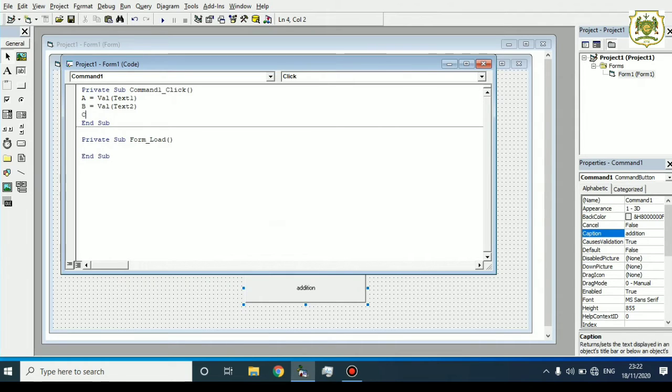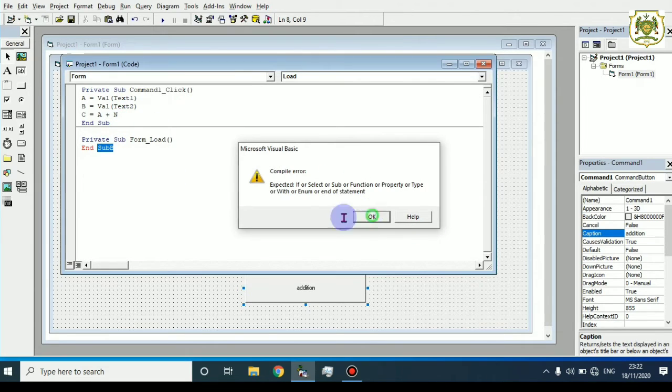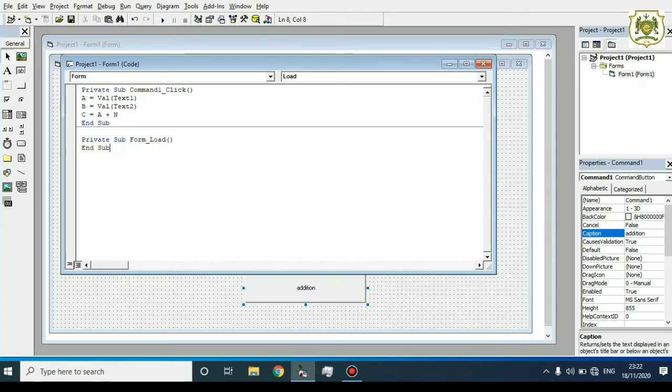Now we'll be taking one more variable, that is C. C will be equal to A plus B. That means the addition of both the variables will go to C, like this. That means both the numbers will get added and then will get stored in C.